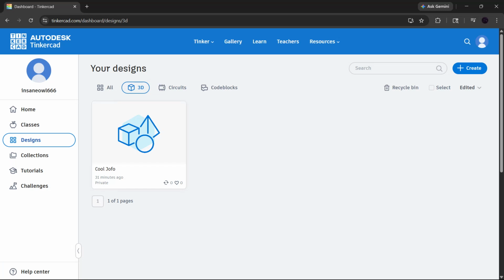In today's video, I'm going to show you how to use Tinkercad Circuits step by step so you can build and test electronic projects right inside your browser without any risk to real components. Tinkercad Circuits is an easy, beginner-friendly simulator for wiring, breadboards, sensors, and code, and it's a great way to learn